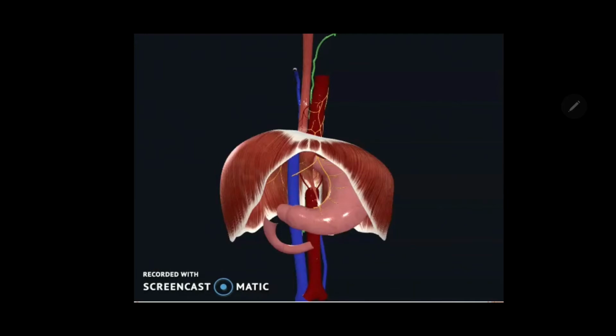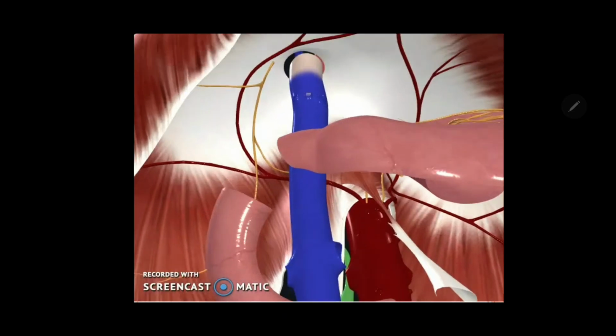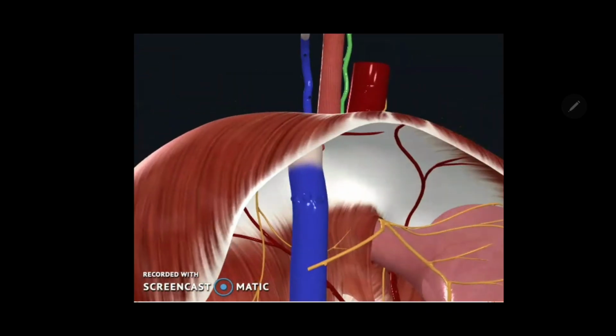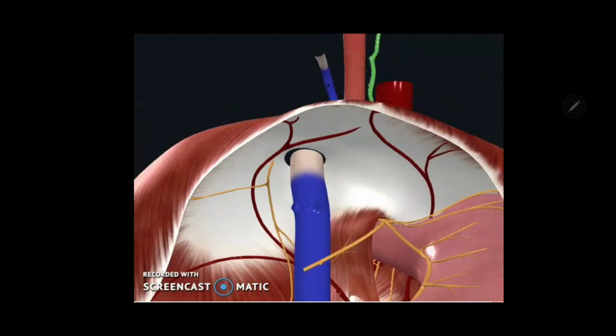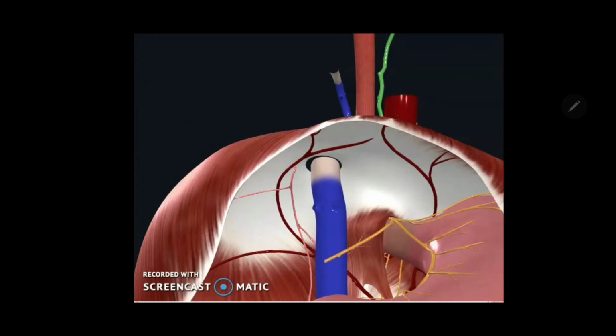So you can see the major openings here. What are the major openings? You can notice here, if you go from anterior to posterior, first you are seeing the vena cava opening. Passing through it is the inferior vena cava and right phrenic nerve along with the lymphatics.